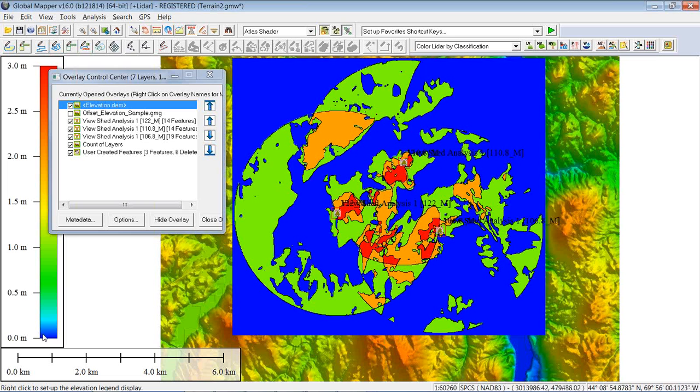Note the elevation legend on the left side, going from blue to red as we had before, but in this case the range is only to 3. Given that I have viewshed models, all the red areas on the map are visible from all 3 locations. Everything that's orange is visible from 2, green is visible from 1, and our blue right at the bottom is